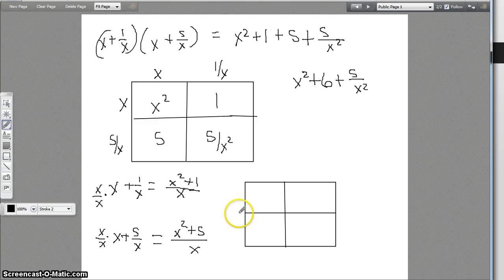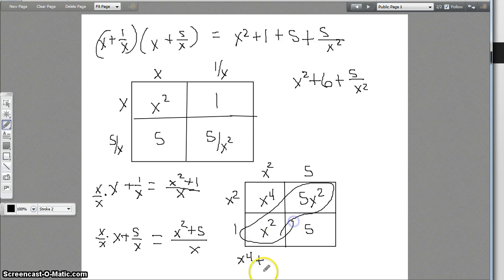Okay, so we have x squared plus 1, and we have x squared plus 5. x squared times x squared is x to the 4th. x squared times 5 is 5x squared. 1 times x squared is x squared. 1 times 5 is 5. So what we end up with is x to the 4th plus 5x squared plus x squared, that's 6x squared, plus 5 all over